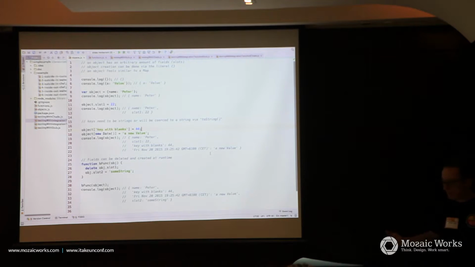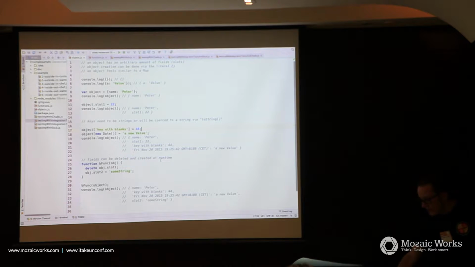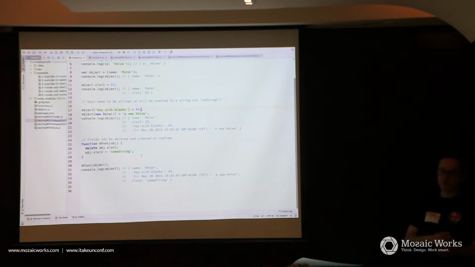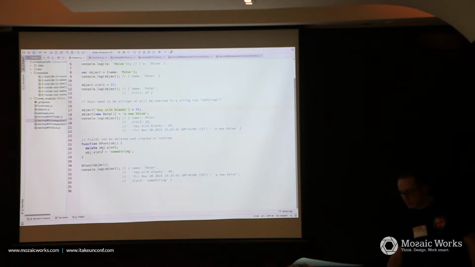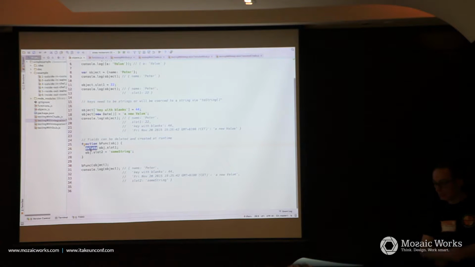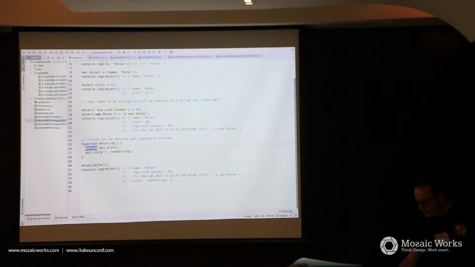Simple as that. And now it's getting spooky, because what I can do, I can change the structure of my object once I have the object available, and I can delete fields in my object. And I can put new fields to my object.